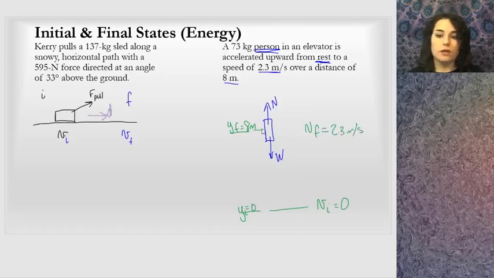And so I'm thinking about the 2 states here, the initial and final. Notice I didn't do anything with acceleration. I didn't set up any Newton's laws. I'm not worried about that stuff. I'm not looking at the particulars of the object yet. I'm just looking at an initial and final state.